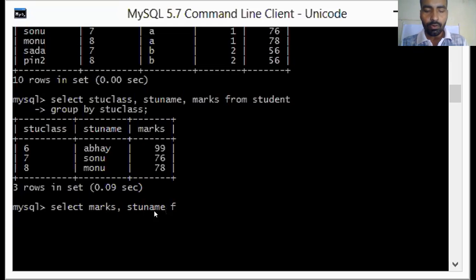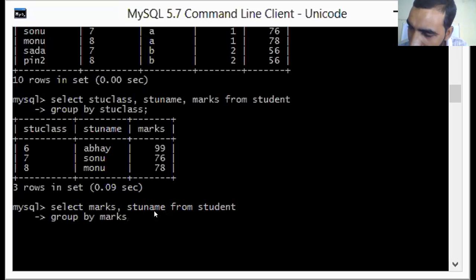Then from the table name, we have the table name as student. Press the enter key. Now write the group by function. Now you want to say this, that if we create groups on the basis of marks. Is it or not, Tanmay? Yes, sir.